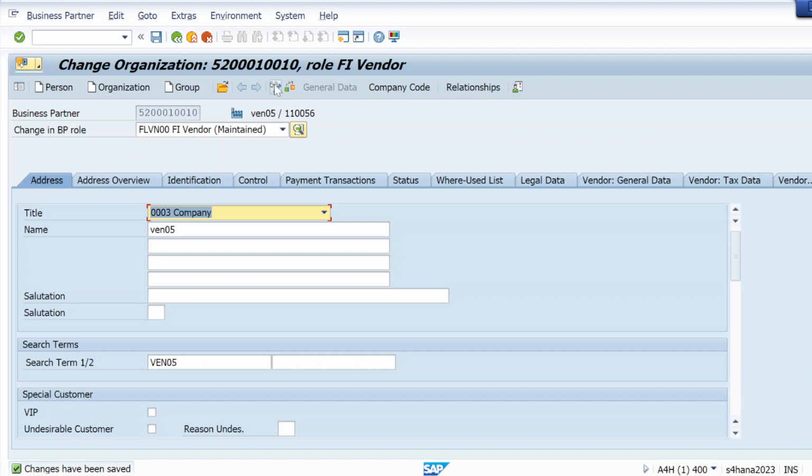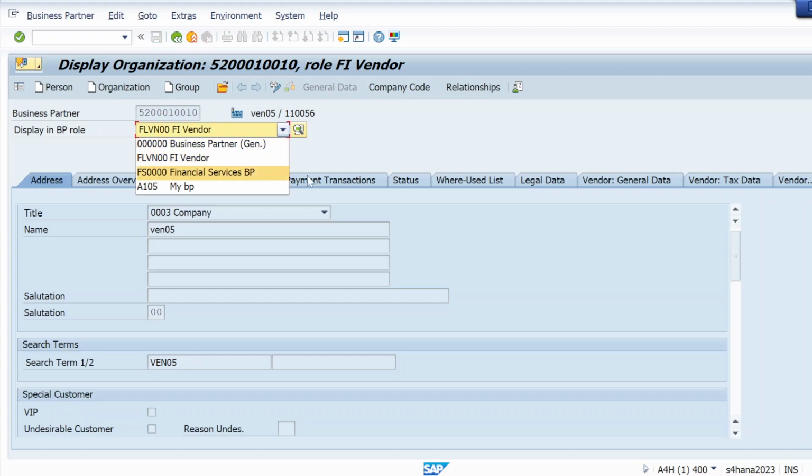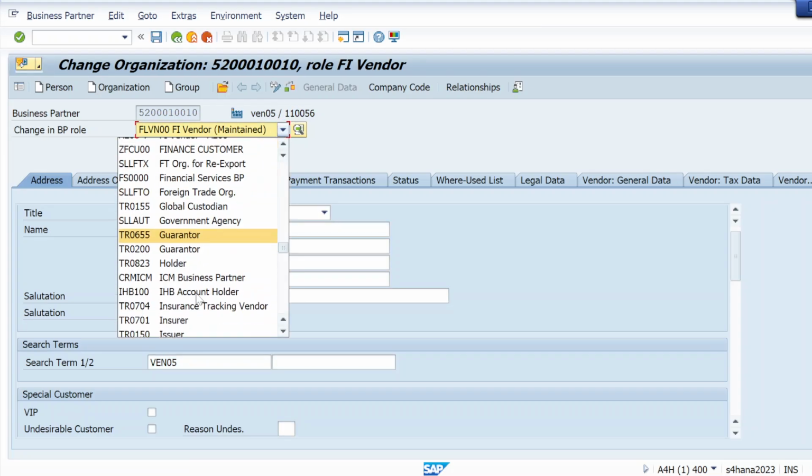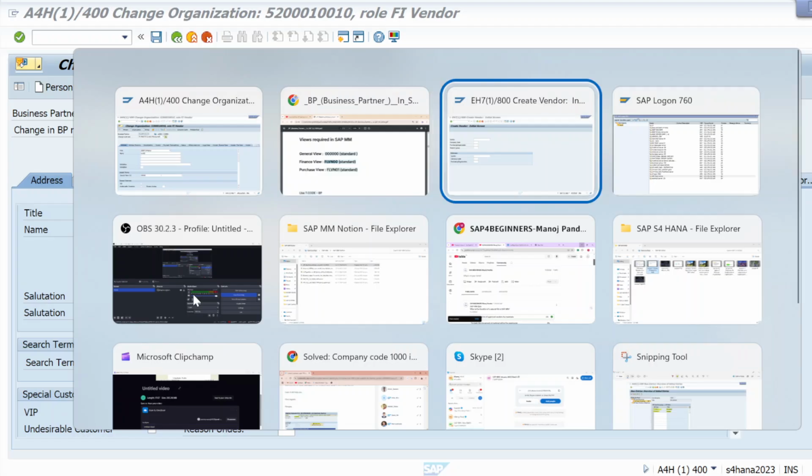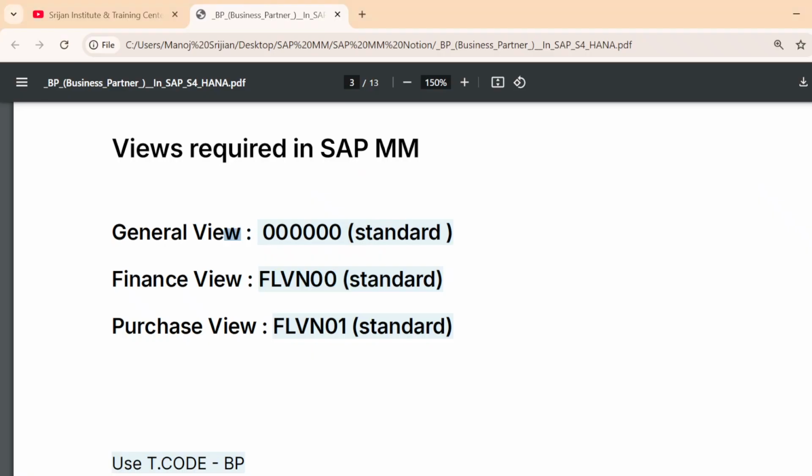Now what we will do, again we will click on change mode, because right now it's in display mode, and select FLVN01. This role is for the purchasing view. We created the general view by selecting the role with six zeros, and we created and maintained the finance view by selecting FLVN00.